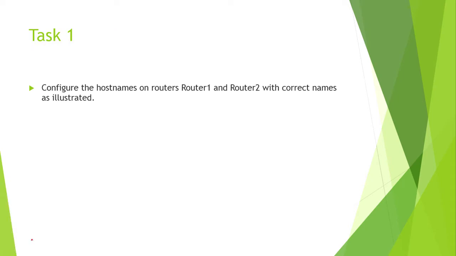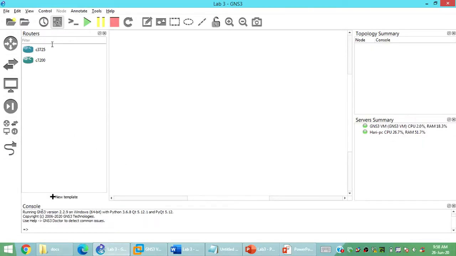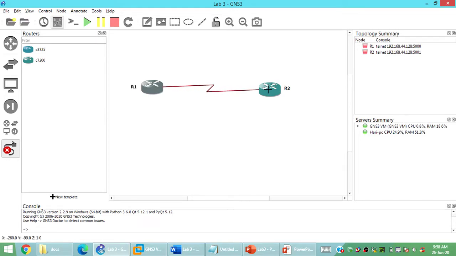Okay, let me clear certain details over here and let's get started with task 1, to configure router 1 and router 2 host names. I'm just taking a simple lab with two routers over here. I'm going slightly quick to show you all a brief introduction, serial 1/0, and I'm just going to arrange some of the serial ports over here.